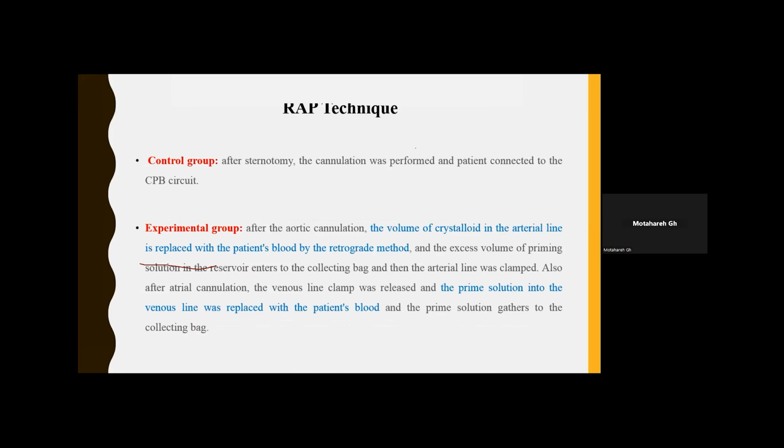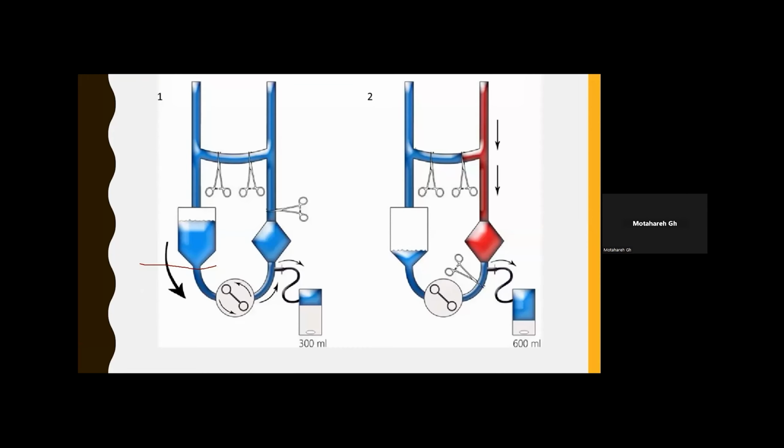In the control group, after sternotomy, the cannulation was performed and the patient was connected to the CPB circuit, but the methodology for the experimental group was different. After the aortic cannulation, the volume of crystalloid in the arterial line is replaced with the patient's blood by the retrograde method, and the excessive volume of prime solution in the reservoir enters the collecting bag, and then the